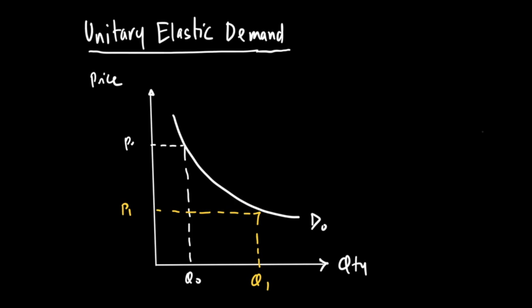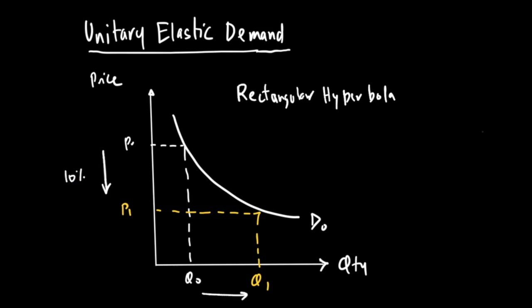The next case is of a unitary elastic demand curve. We said this is a demand curve which looks like a rectangular hyperbola. So what's a rectangular hyperbola and what's the feature of a rectangular hyperbola? In our last video we said this, that if the price of, for example, the good goes down, let's say by 10%,